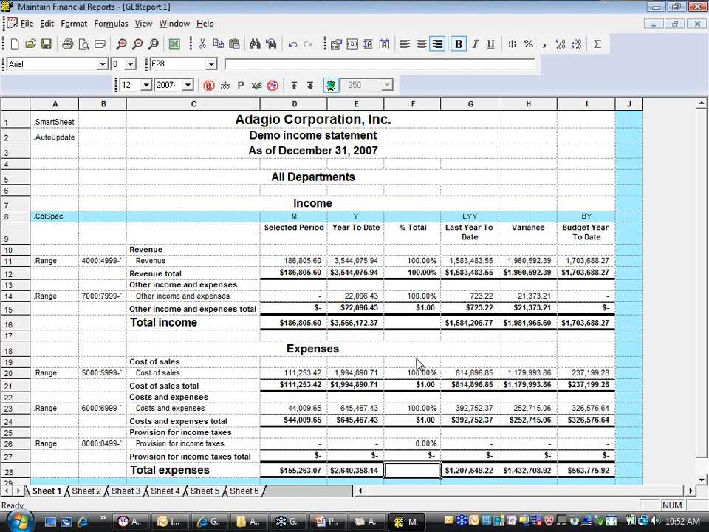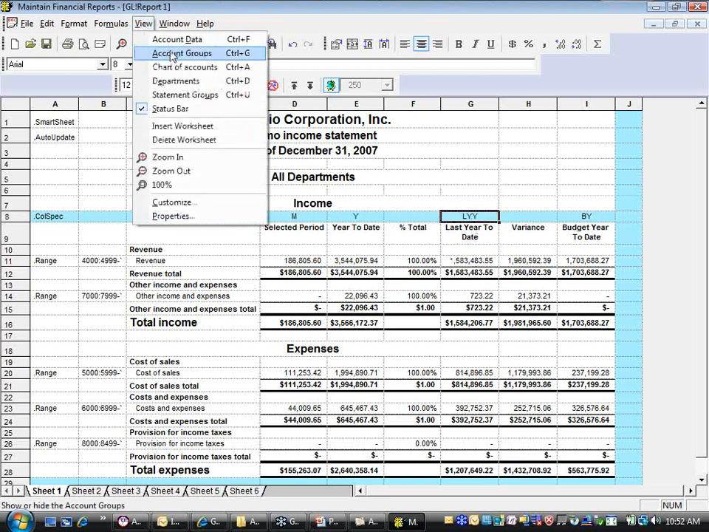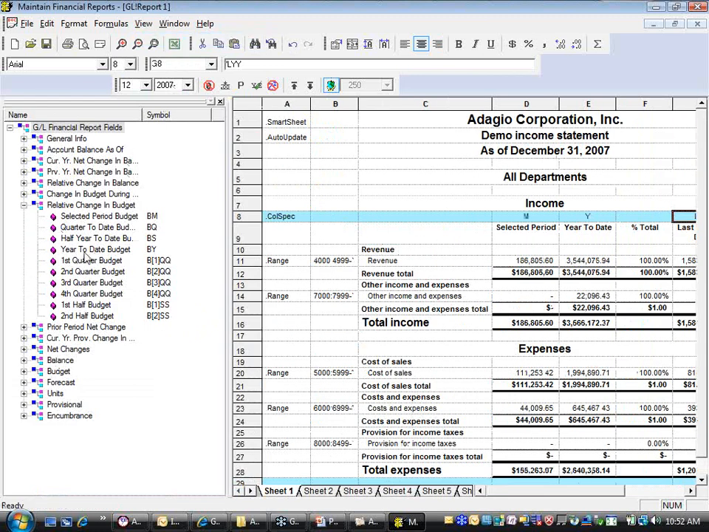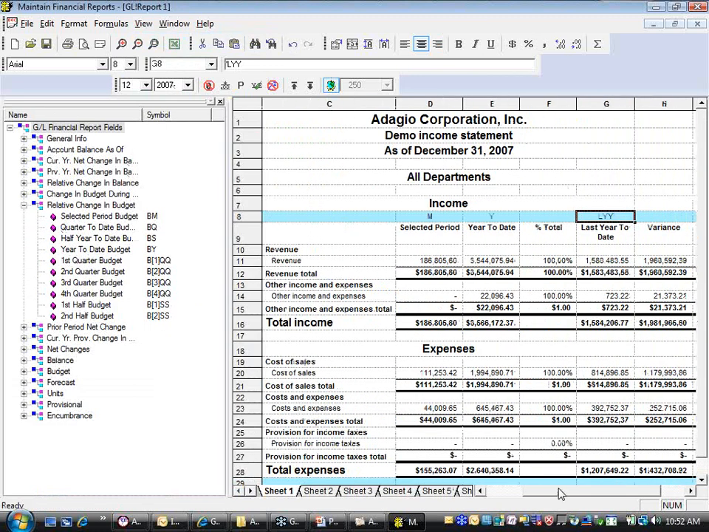Okay. So one thing about the call spec that I didn't mention before is that you can choose to have more than one field selectable from this list. Right now we have a variance column that calculates year-to-date and this column. What we could choose to do is select different fields here. View account data. Maybe I want to have the budget year-to-date also selectable from this location. So I can drag this field and drop it on top of an existing text, and now what we have